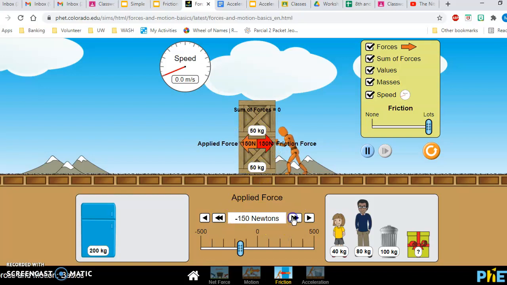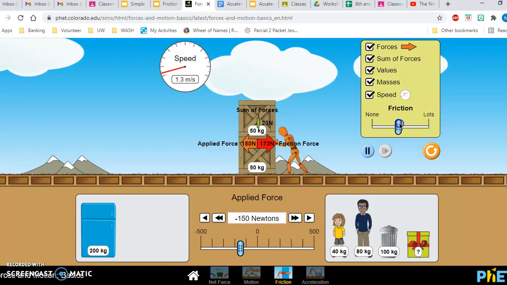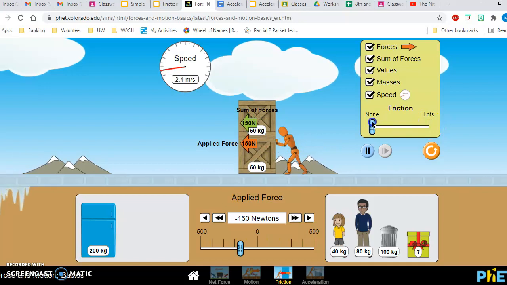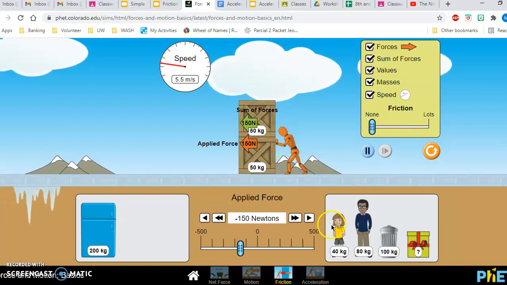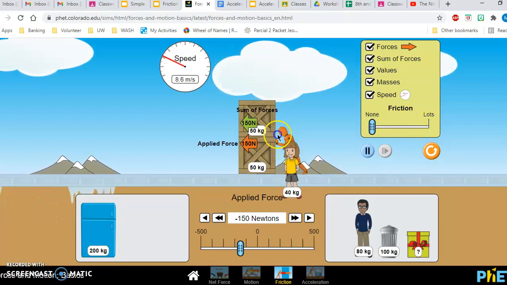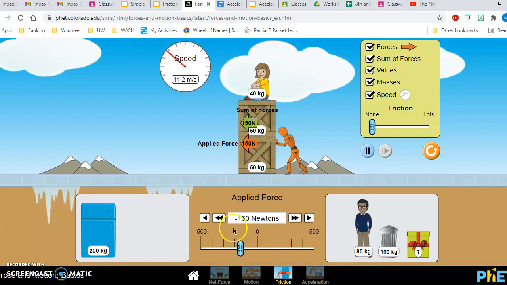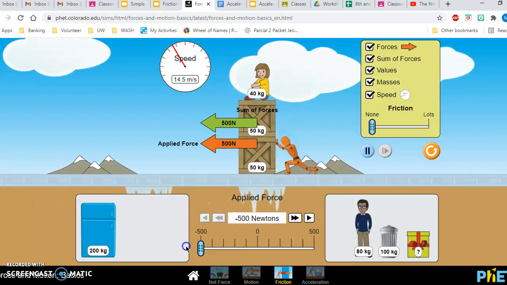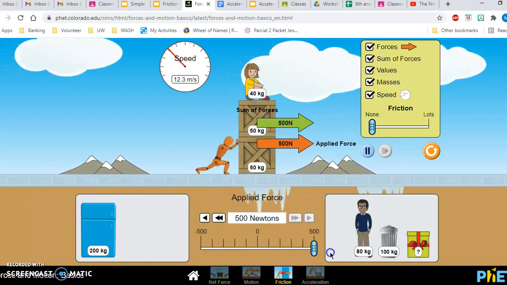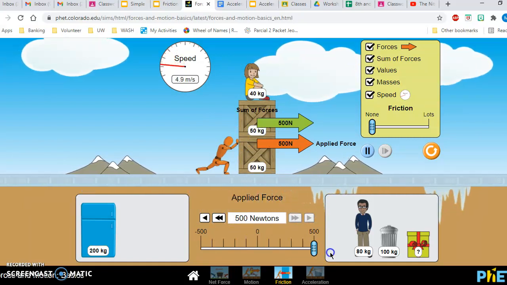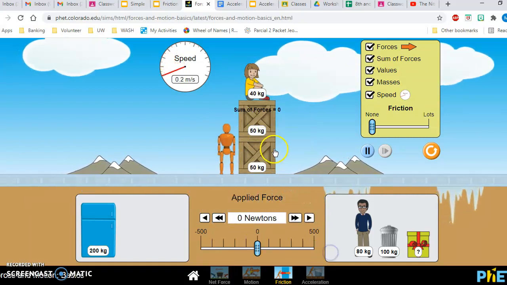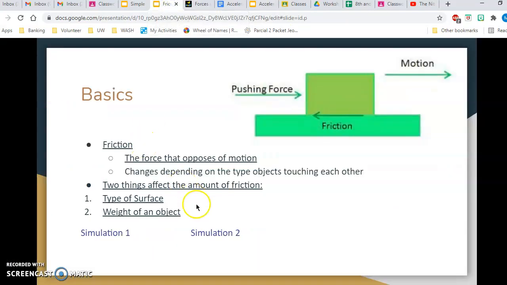So we can increase or decrease our friction force by the amount of weight we have or by the type of surface. As we change our surface type to go back to ice, we can put as much weight as we want. There's no friction. We cannot change our friction force anymore because we have such a smooth surface. So that's our first simulation. Our second one